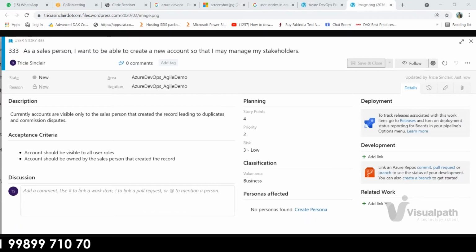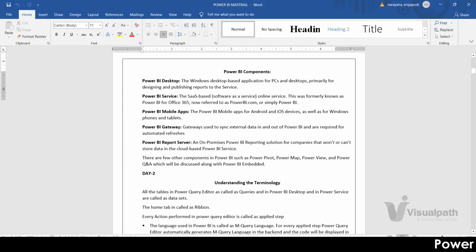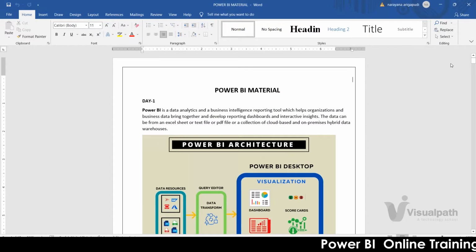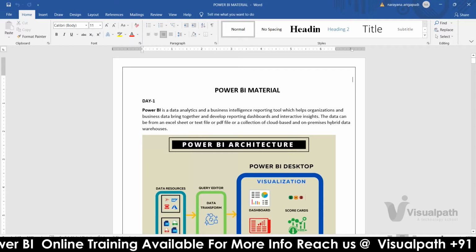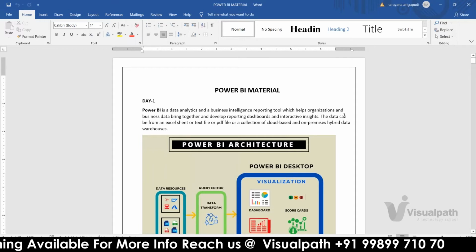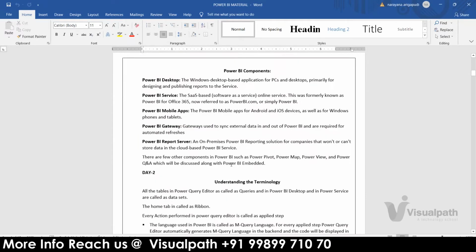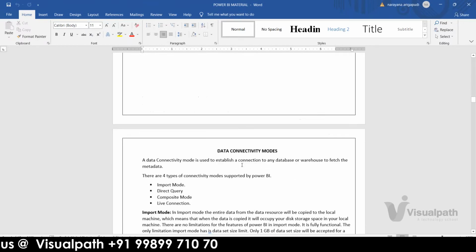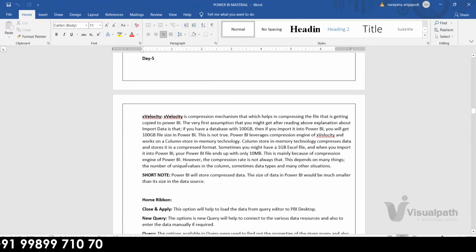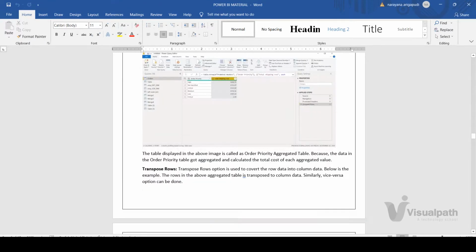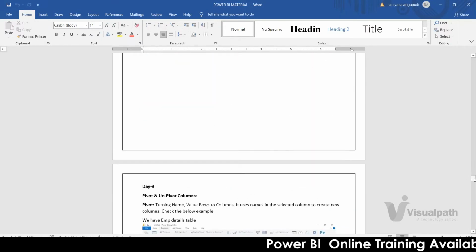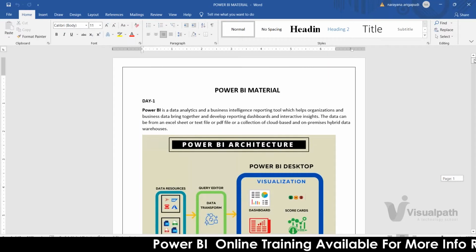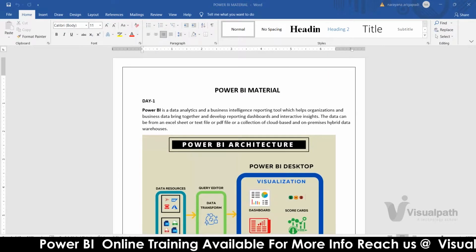So now, this is the Power BI material I have. I have prepared some 17 pages of material, and I'll be sharing this material within a few days. This material will have detailed information, each and every point related to Power Query Editor, where we'll be doing some basic ETL transformations, including screenshots. It covers Power Query Editor, not Power BI Desktop.